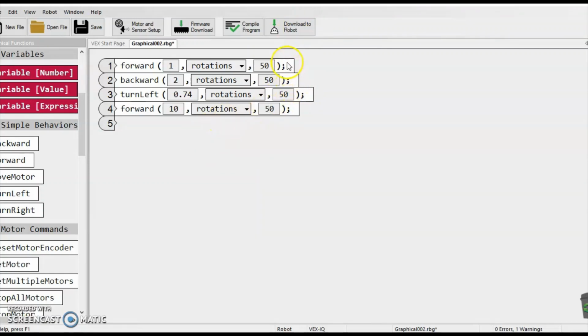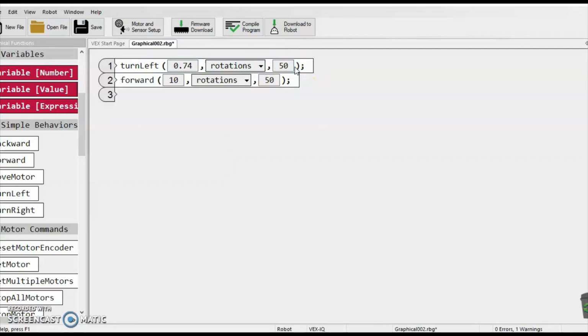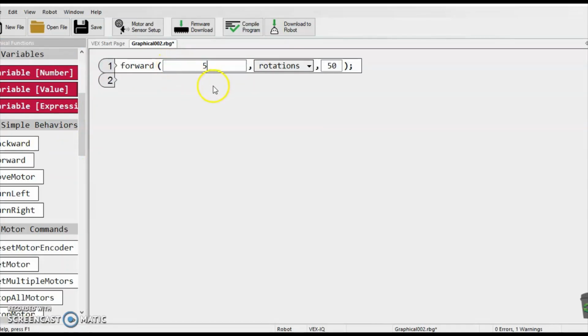So if you want to navigate a maze, let's just delete all of this. Suppose you want to move forward for 5 wheel rotations, then turn left, then move forward again, then turn right, then move forward again. This is actually an example of a maze. The robot may have to move forward for 5 rotations to get to a certain distance. Then you may want to turn right